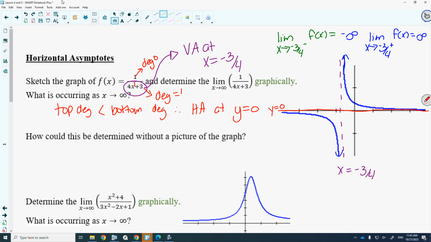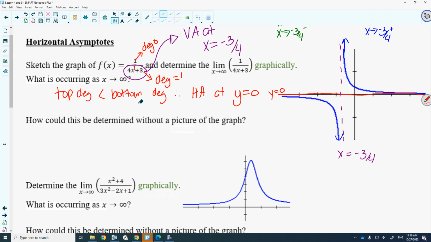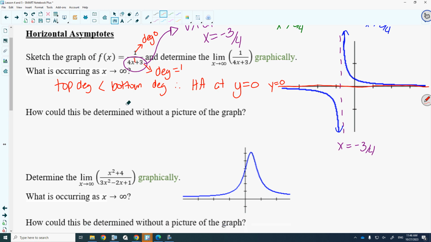Now, how did we do this using limits and showing calculus? Because this is how we could just look at a function and say where the HA is. We divided the numerator and denominator. Do you remember how we did this from limits? This will be a good review for the midterm. We divided the numerator and the denominator by the highest power of x from your denominator. Do you guys remember doing this? So we said, okay, the limit as x approaches infinity, so as we get closer and closer to positive infinity,